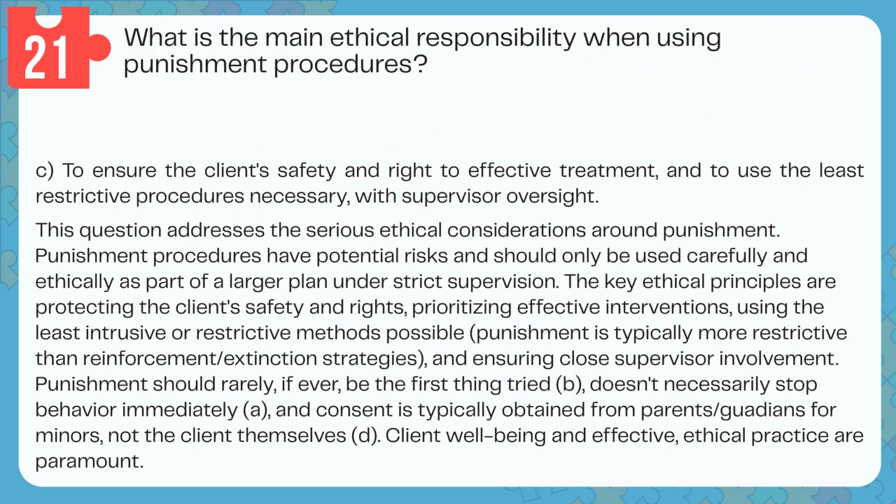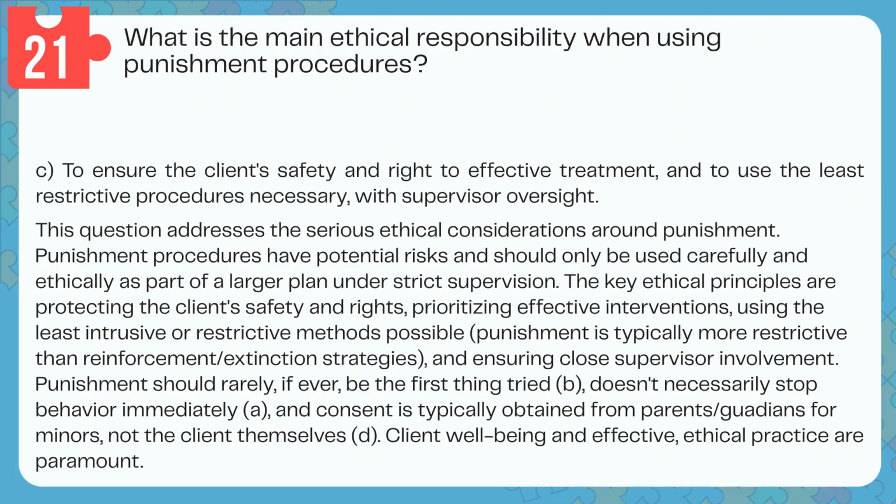Answer: C. To ensure the client's safety and right to effective treatment, and to use the least restrictive procedures necessary, with supervisor oversight. This question addresses the serious ethical considerations around punishment. Punishment procedures have potential risks and should only be used carefully and ethically as part of a larger plan under strict supervision. The key ethical principles are protecting the client's safety and rights, prioritizing effective interventions, using the least intrusive